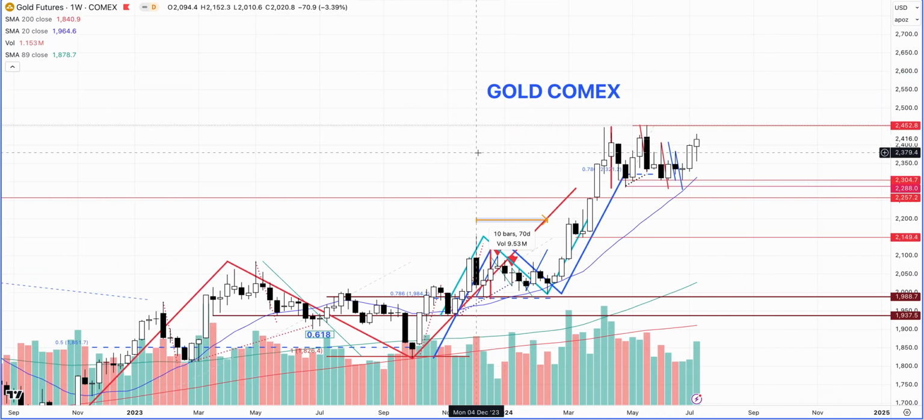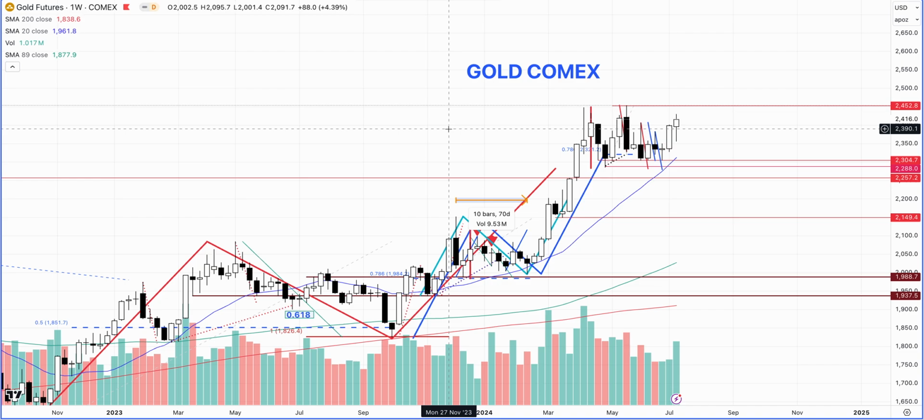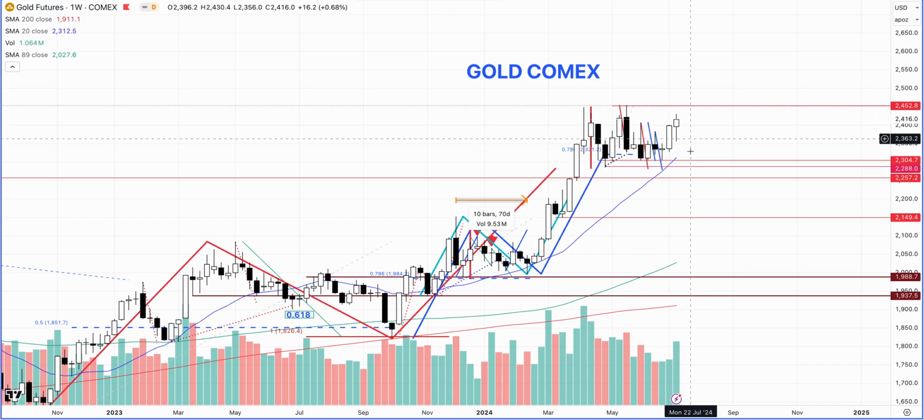And the chances are that the actual underlying market might remain range bound for a little bit longer. So maybe till sometime in August we might see sideways price action in the actual underlying gold market itself, whereas the miners might begin to perform better. And this is what we gather from the first two charts I showed you in the video.